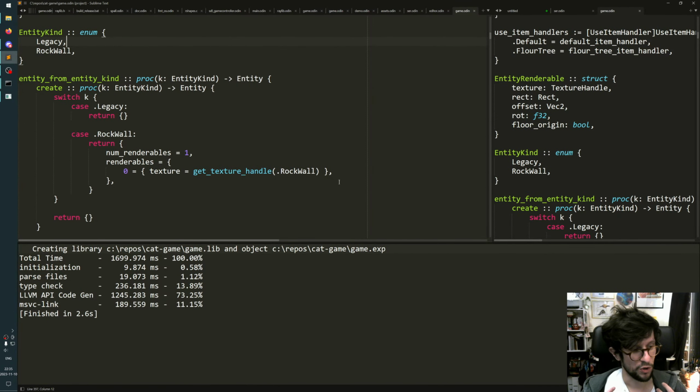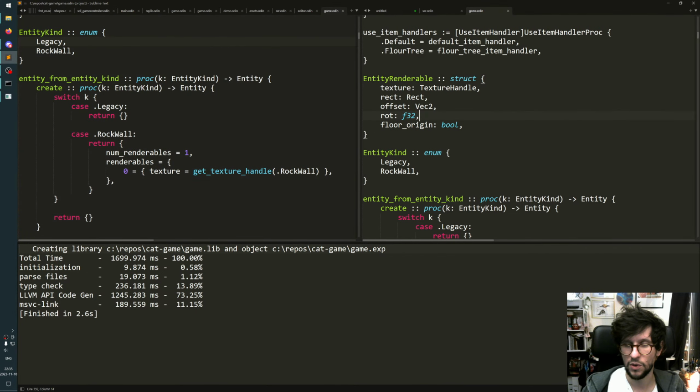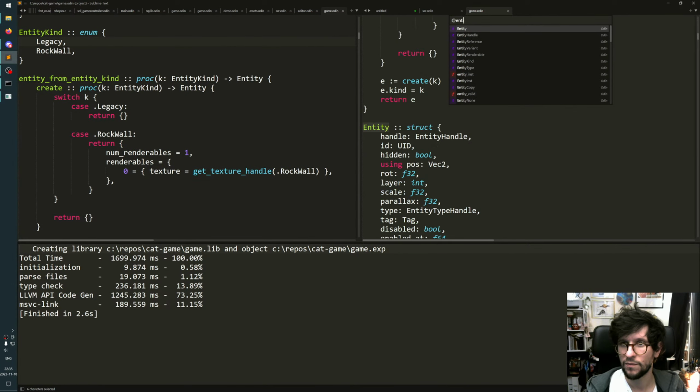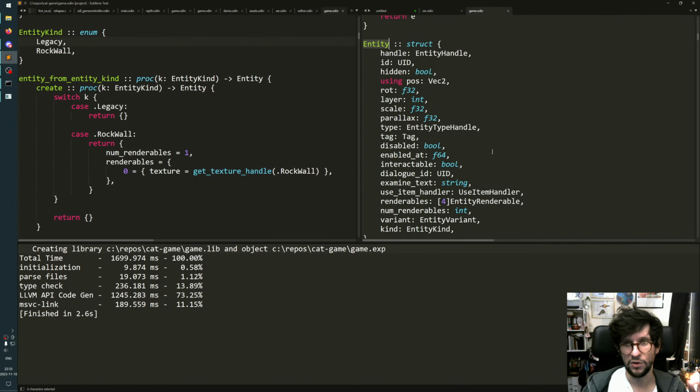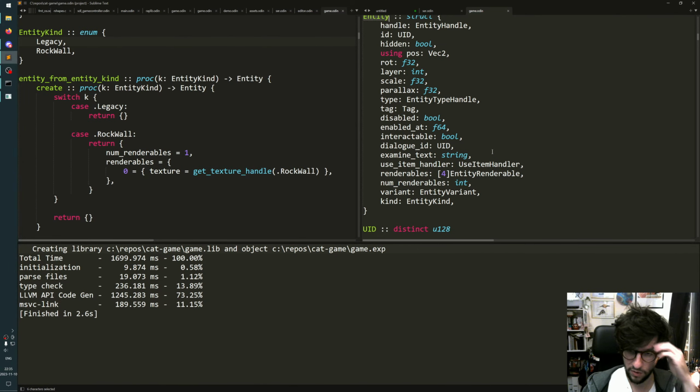So I want to move more towards a mega struct where my entity can contain anything, and it just nicely works. So let's go to the entity, and you're gonna think that this entity looks very big, but I'm not gonna have that many entities in the game, so it will probably be fine, and it will make the game easier and the gameplay code slightly more fun to write, and you can also make it a bit more emergent. I don't know if I need that much emergent gameplay, but